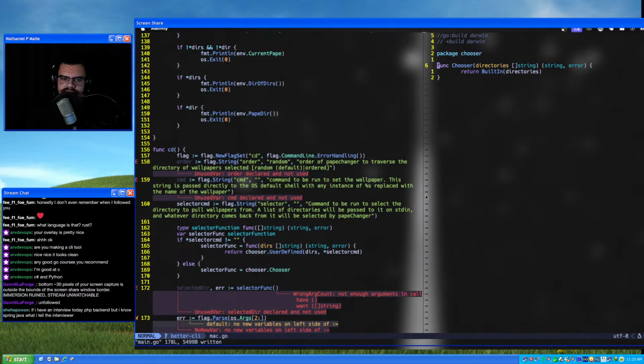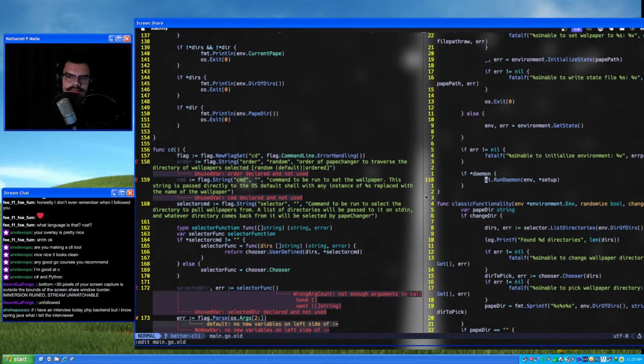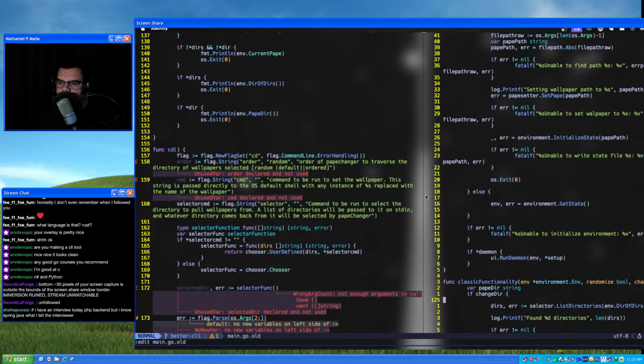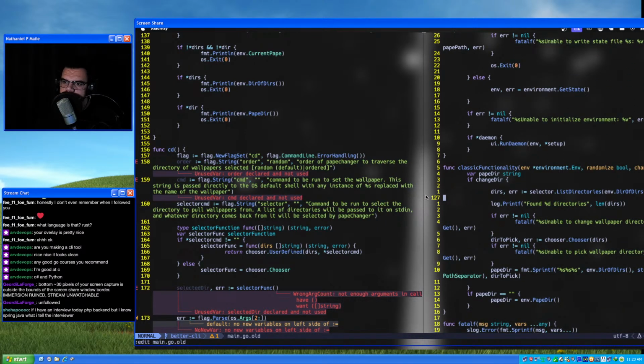All right, so now we need this list of directories. So I just called selector.listDirectories on env.dir, which I suppose is fine. I'll probably have to clean this up later, but having a better UI is way more important than having better code on the inside of the program.